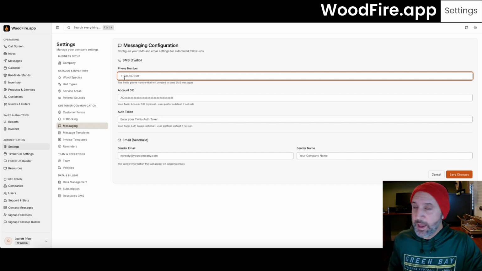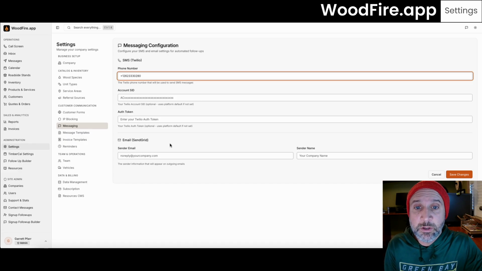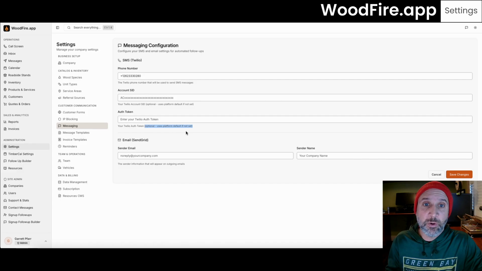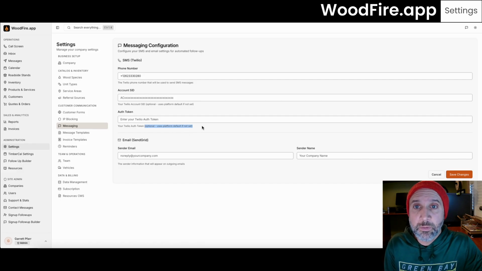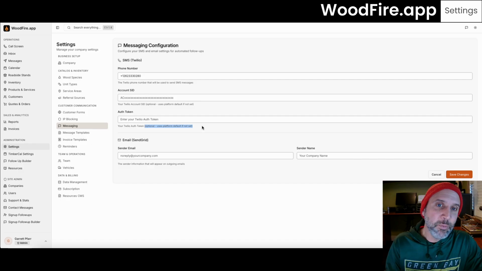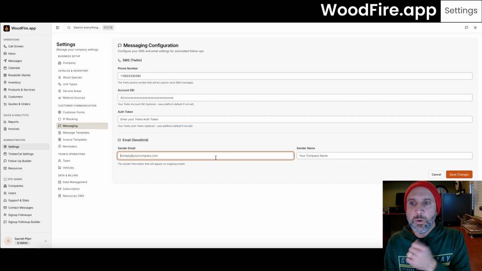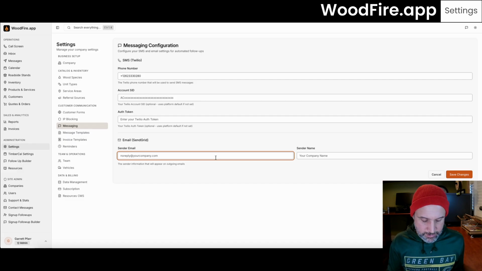But let's say you have just your regular cell phone number, and you don't have Twilio set up, it will basically just send through your cell phone. When you do send messages, if you don't have this set up, you can just send the messages straight from your cell phone. Now, SendGrid is